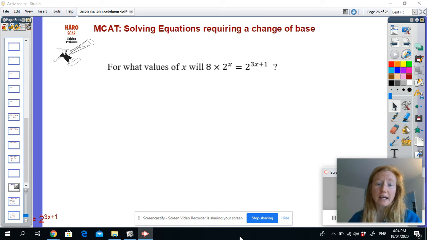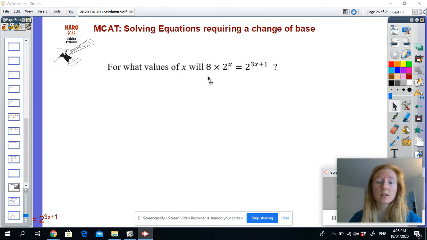Okay, today we're going to look at a third type of situation where we could be required to change a base. Now this question here is worded a little bit differently. It's asking us for what values of x will this statement be true. It's actually the same as solving. If we're being asked to solve, we're just being asked to find x, so we're actually just doing the same